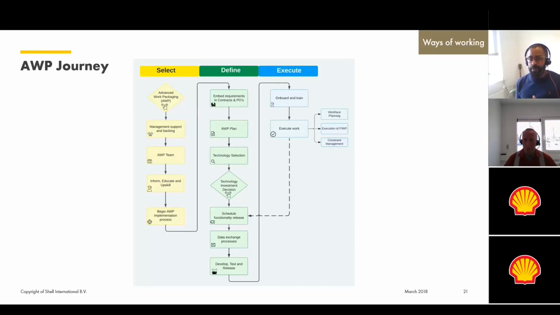Also, we defined key data exchanges, data handovers, data inputs that were required to feed O3, because O3 is a data aggregation platform and is only as good as the data you put into the system. At the beginning of Execute, we implemented the first release of O3 to our civil contractors, which was not without its challenges. However, so far, the feedback that we've received has been positive, so this is great. And we will continue to develop the application for the foreseeable future and well into Execute to ensure that we get the most value out of O3. Next slide, please, Josie.